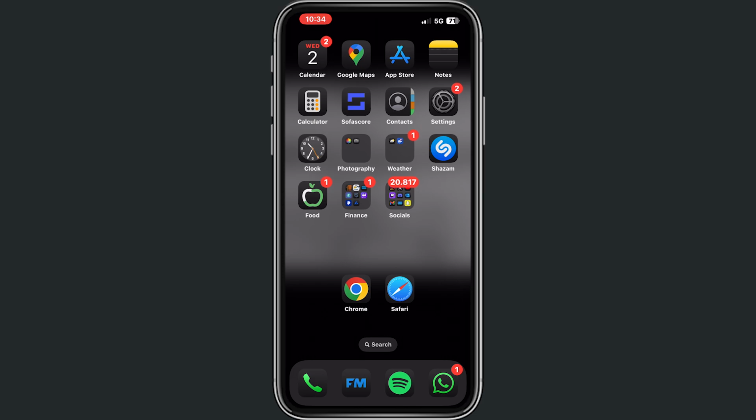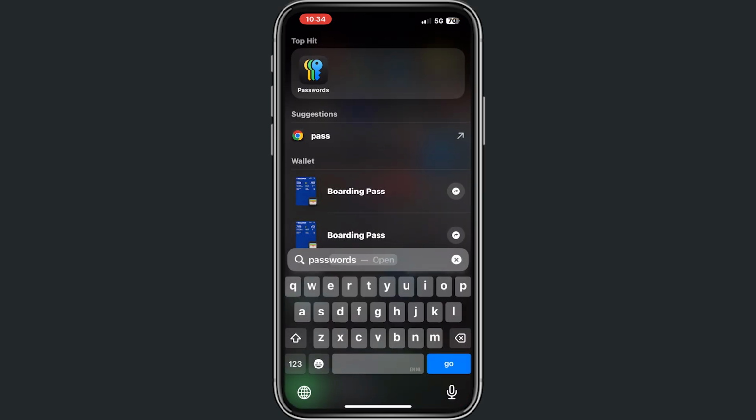After the update, we have an app that saves all your passwords. It's a little bit scary, but there's a very strong safety policy on it. So right now, what we're going to do is search for the Passwords app. So what I'll show you is right here: scroll down at the top of your screen, fill in "password," and then click on the